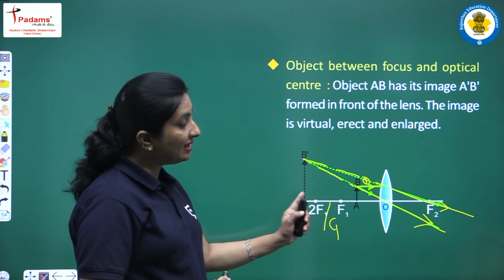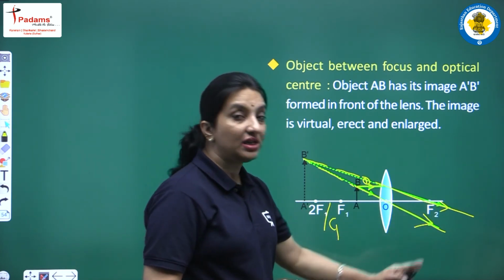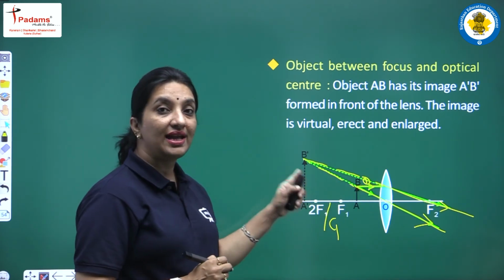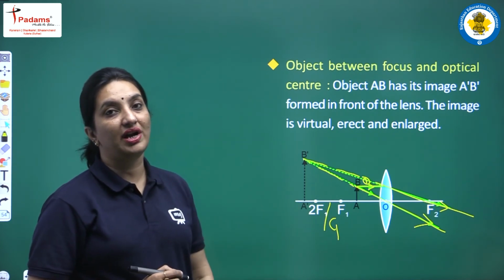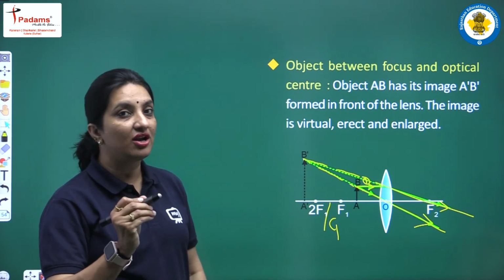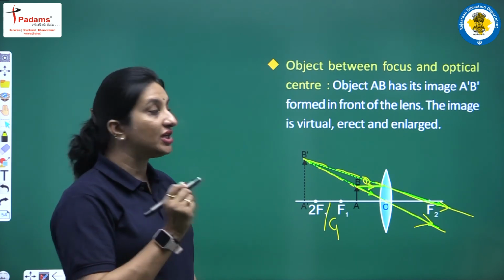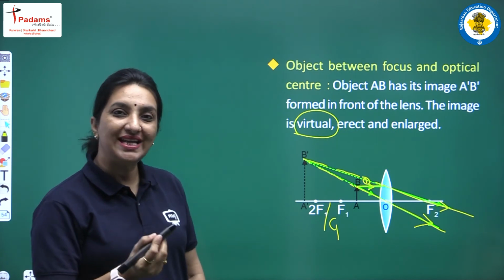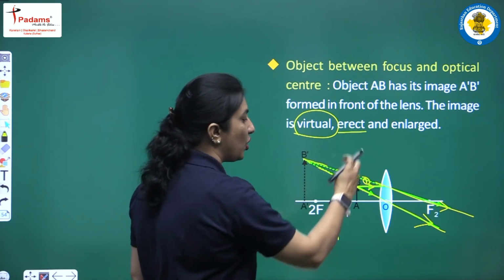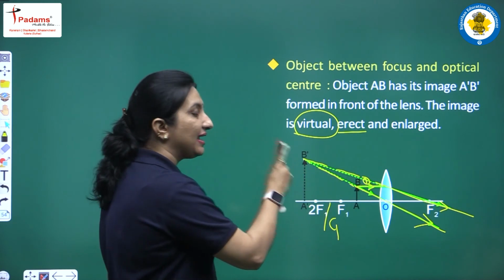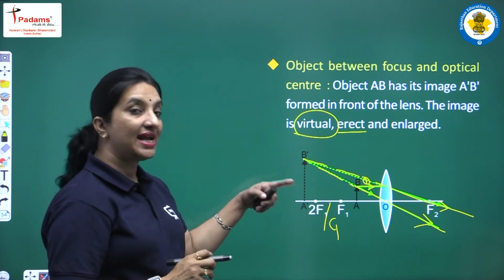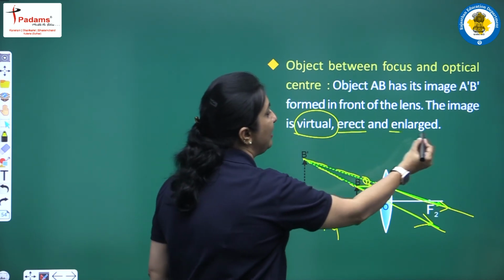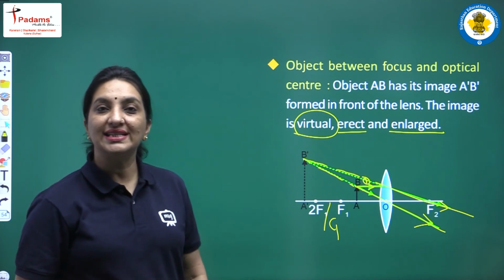Now students, here the rays of light after refraction are not meeting actually, and they are meeting only when the light rays are extended in front of the lens. Now since they are not meeting actually, the image is virtual, and all virtual images are always erect, and here you can see that the object is upright and the image is again upright, that is having its head upwards. So the virtual image will be formed, it will be erect,